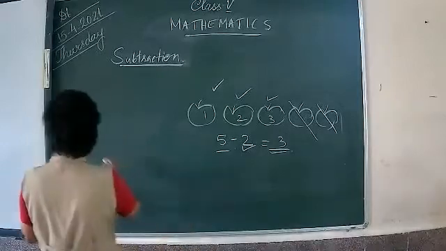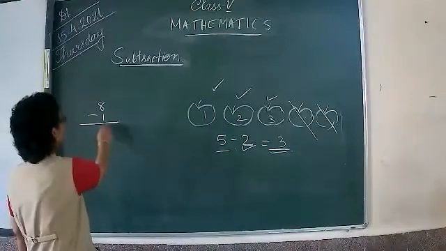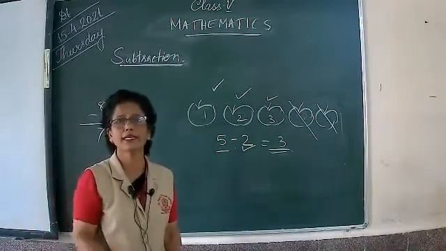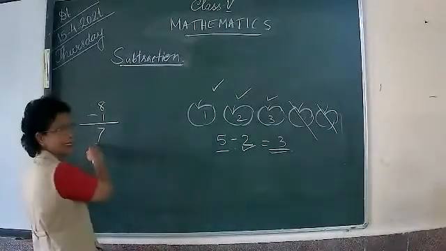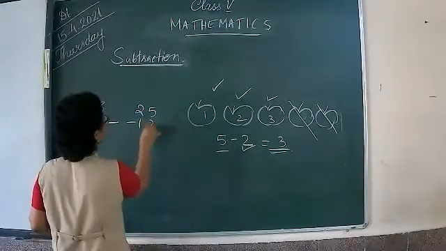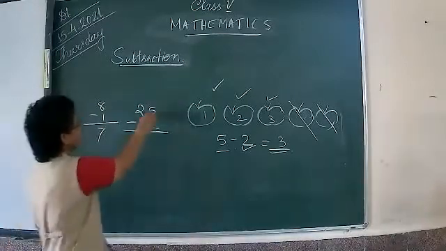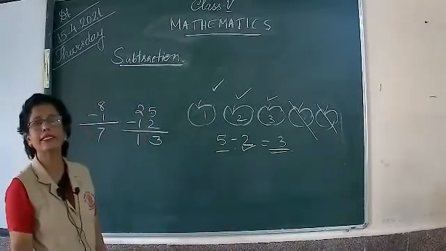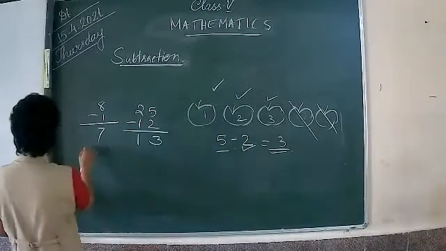So another example I can give. 8 minus 1. What's the answer? 7. Very good. All of you have your rough copy with you. You can write all the things that I am writing on the board. This is a single digit number. If you take a 2 digit number, for example, 25 minus 12. What's the answer? 5 minus 2, 3. 2 minus 1, 1. 13 is the answer. Isn't it, children? Copy down. Next,